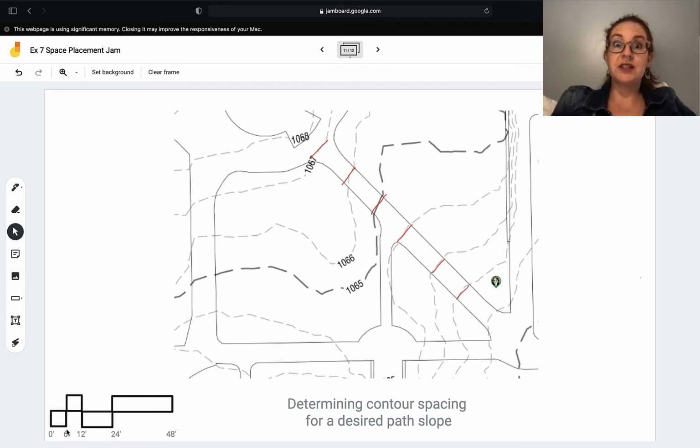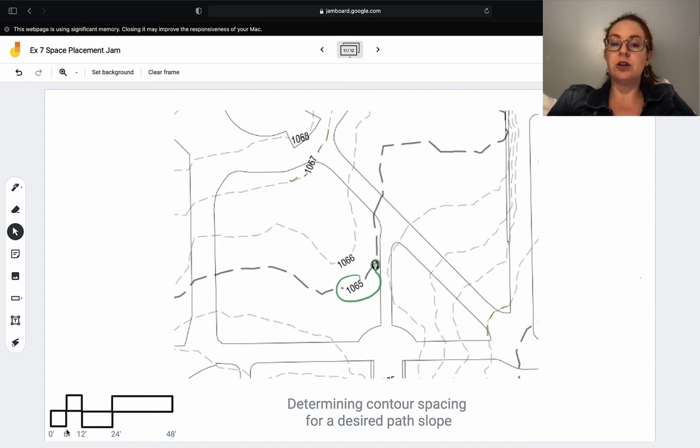So the very first thing is that let's just pretend, for the sake of ease of this problem, that K-State has told us that we are not going to affect at all contours 1067 or this one down here, which I need to mark what that contour is. So I know that I've got